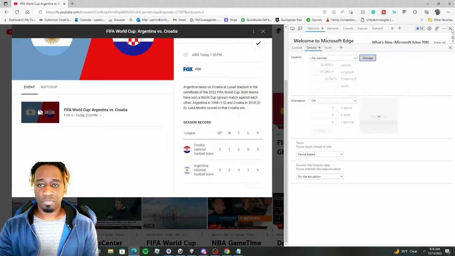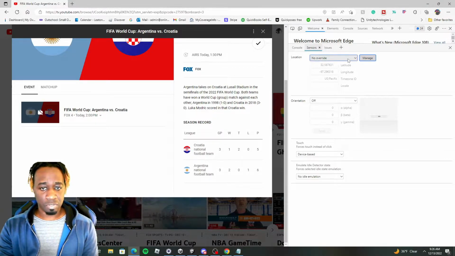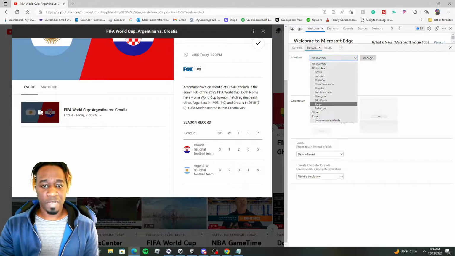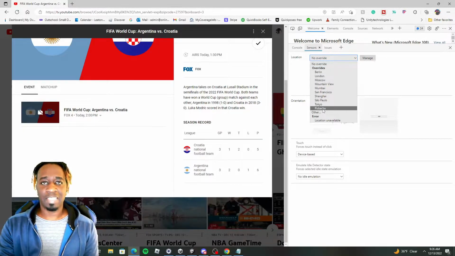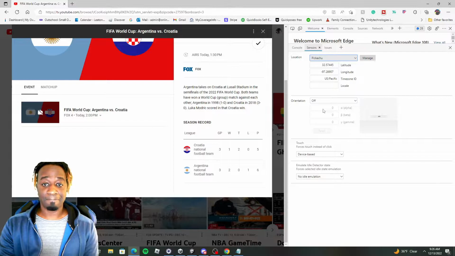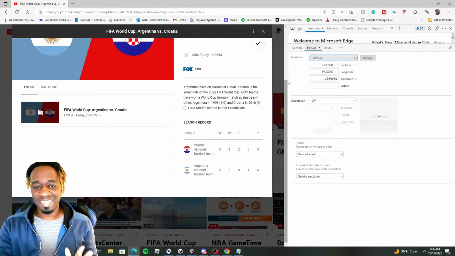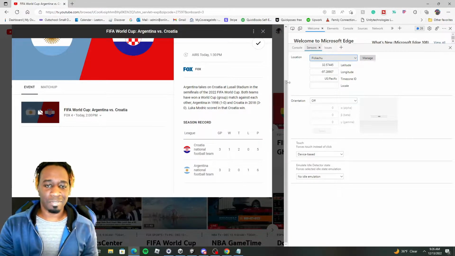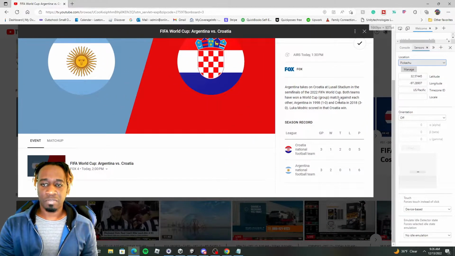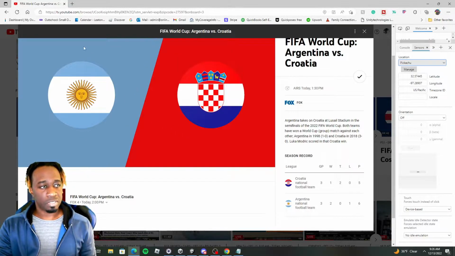Now go back out of this settings by clicking that, and right here where we have the sensor, there's a drop down now, and you should find what you've added. So here's my Pikachu. I'm gonna click it, and now it's active. All you have to do, do not close your browser. You can shift this over, but do not close your browser. Check this out. Simply just gonna hit refresh.